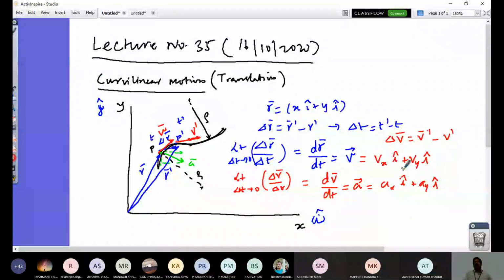Along the path, we are looking at these motion parameters at any instant t, right? So you have the position vector, the velocity vector, the acceleration